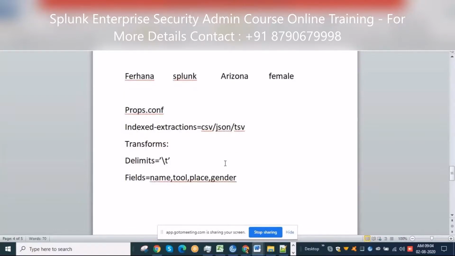And if you are perfect, going forward you'll be working on some data files. At that time, if you feel comfortable, you can write the configurations by yourself. Otherwise, you can directly make use of Splunk, extracting the fields directly. From there you can copy the regular expression or delimiters, and you can create the file.